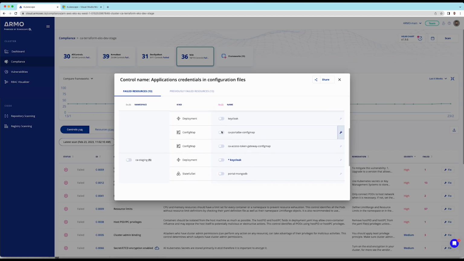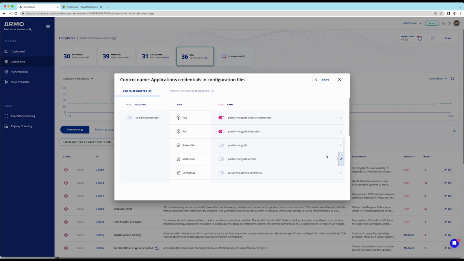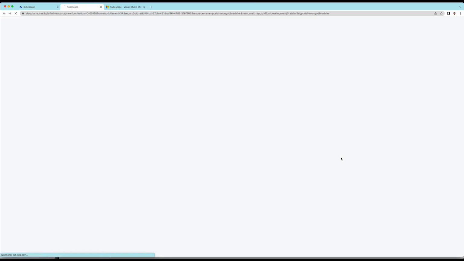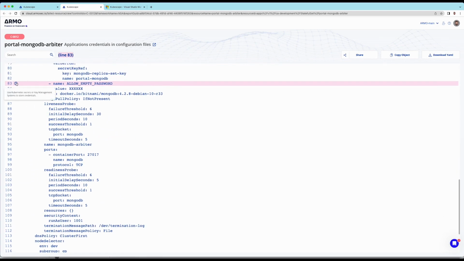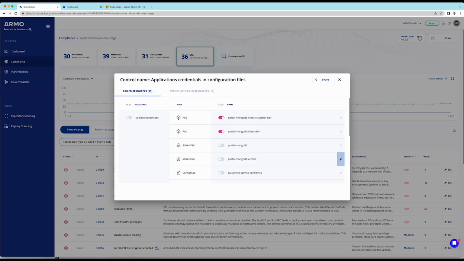noise. And the system not only shows you a bunch of failed resources, if you click on the Fix button, the platform will offer a remediation, including specific information regarding what and where the issue occurred and what needs to be done in order to fix it. I can share the issue with my teammates. I can send it via Slack channel or even open a Jira ticket straight from here using the collaboration feature. And basically, this is a 10,000 feet overview of the compliance section, and I welcome you to deep dive into